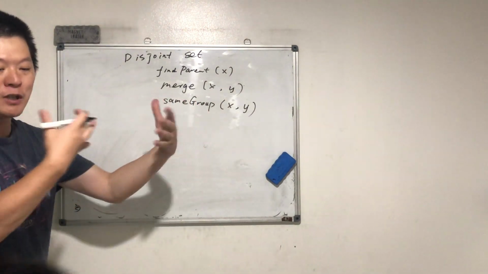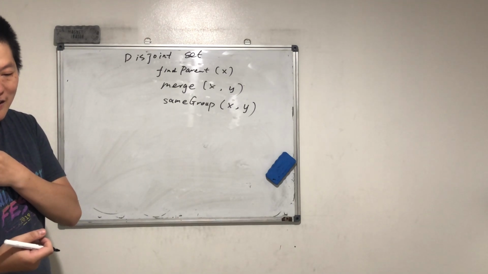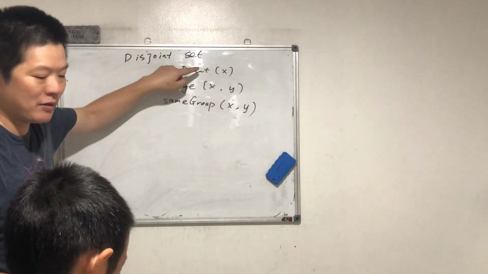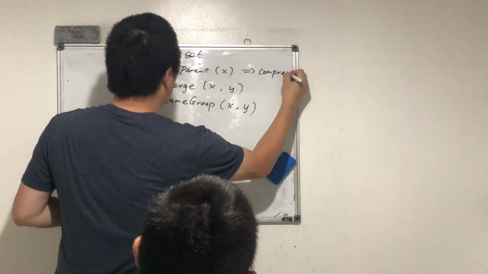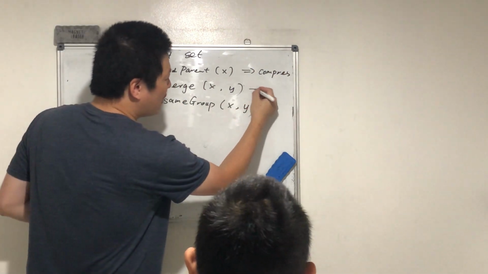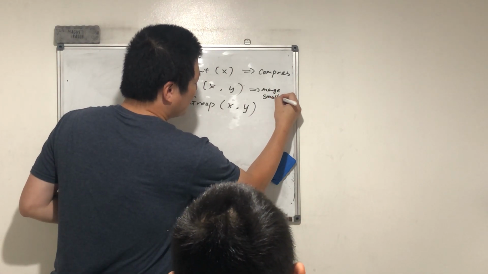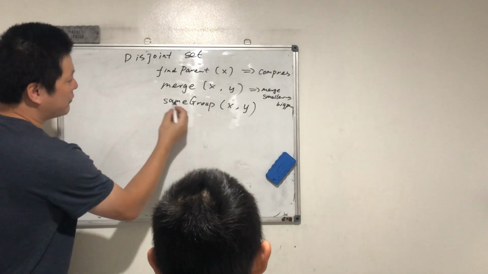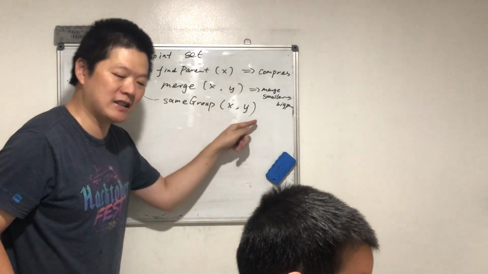What happened if we merge 2 groups? We'll do this more than once. No. Find parent. In the find parent we talk about the complexity. Yeah, you know this. When we merge the group, we merge the smaller one into the bigger one. Same group: just call find parent to find out if find parent of x is the same as find